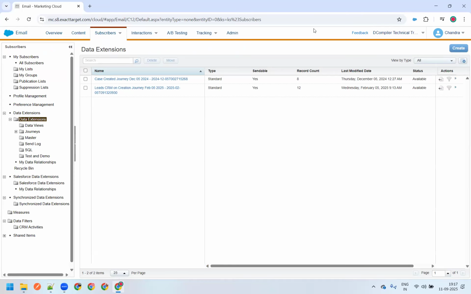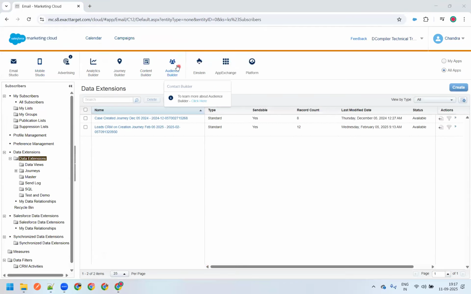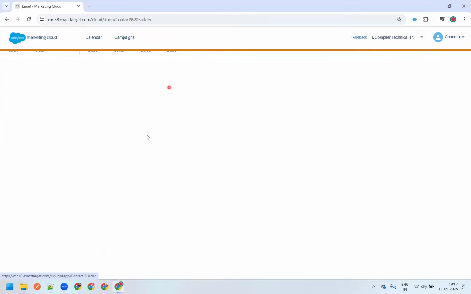So first, I would like to showcase how the data designer looks and what is the need behind it. There are some sample data also given there. So I'll go into audience builder, contact builder. Okay, I'm in audience builder, contact builder, and this is how the data designer looks,